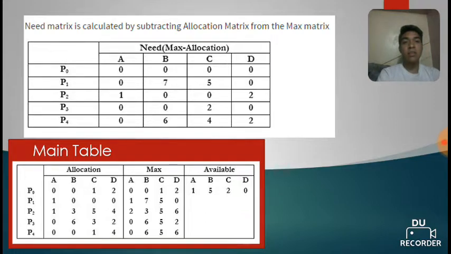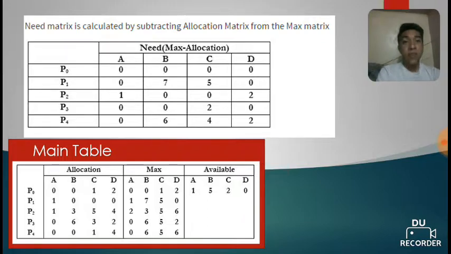So we subtract allocation from the max matrix: 0, 0, 1, 2 minus 0, 0, 1, 2,